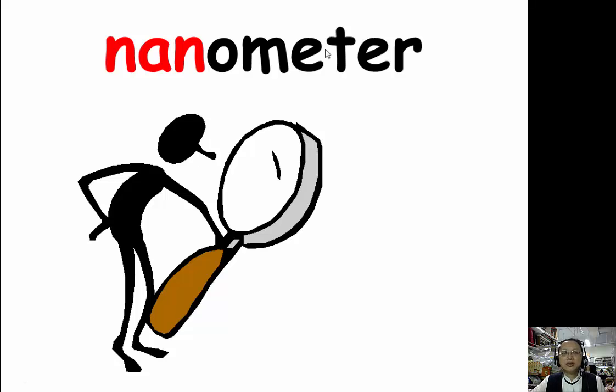That means 10 to the power minus 9 meters is a nanometer. However, nanometer is the American spelling. According to the international spelling used by the International Bureau of Weights and Measures, it should be spelled as nanometre, not